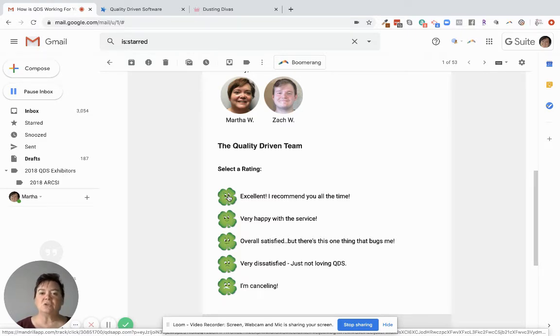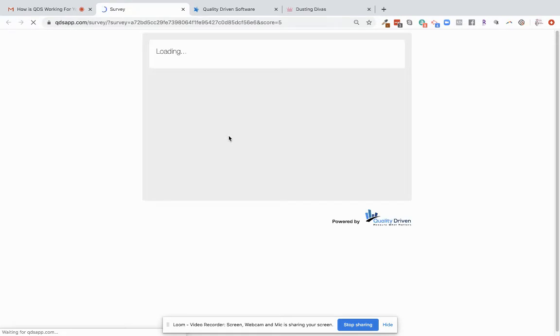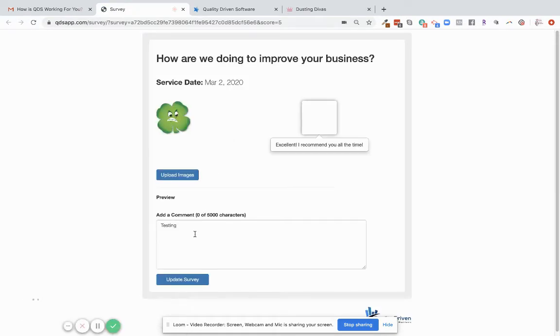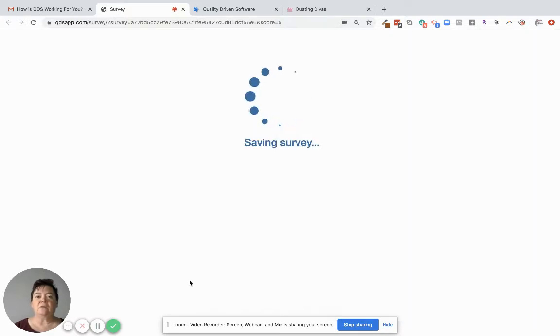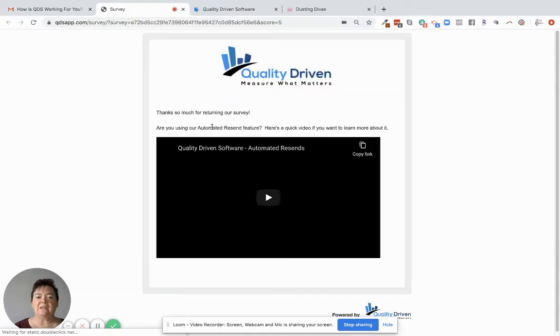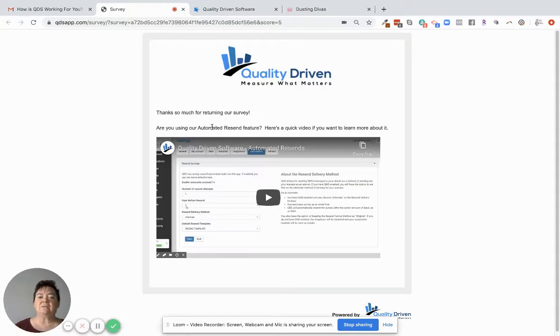But I do want to show you some cool features if you want to customize the landing pages. Let's say that you put testing and you go to update your survey, then you can put so many different things in your landing page. You can try to have an upsell, you can ask for social reviews,